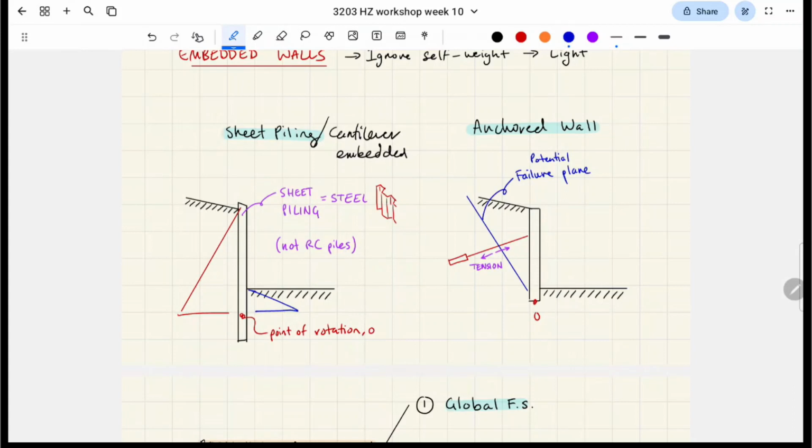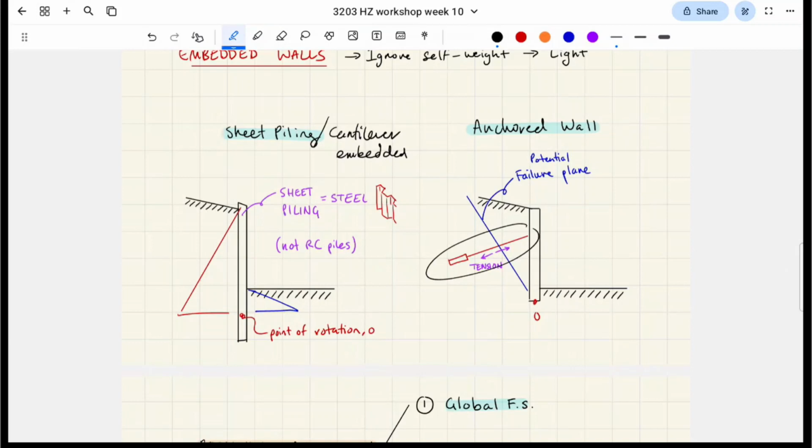This lateral earth pressure from the passive side is going to help resist the forces from the active side. But for anchored walls, essentially you have these things called anchors, and they use like a cable pretty much to pull on the wall, and so there's tension in the cable, and that's going to stop it from overturning,